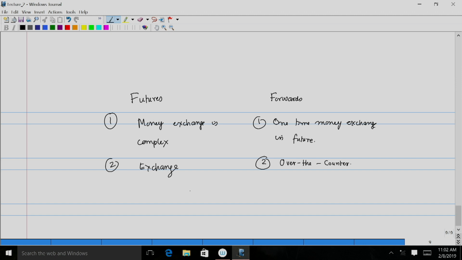So now this particular future date on which the exchange of money and the product takes place is what is known as the maturity date, just like we had the maturity date in the case of bonds. At a future date we make a payment, and this future payment, depending on whether it is a forward or a future, is what is known as the futures price or the forward price, as the case might be.